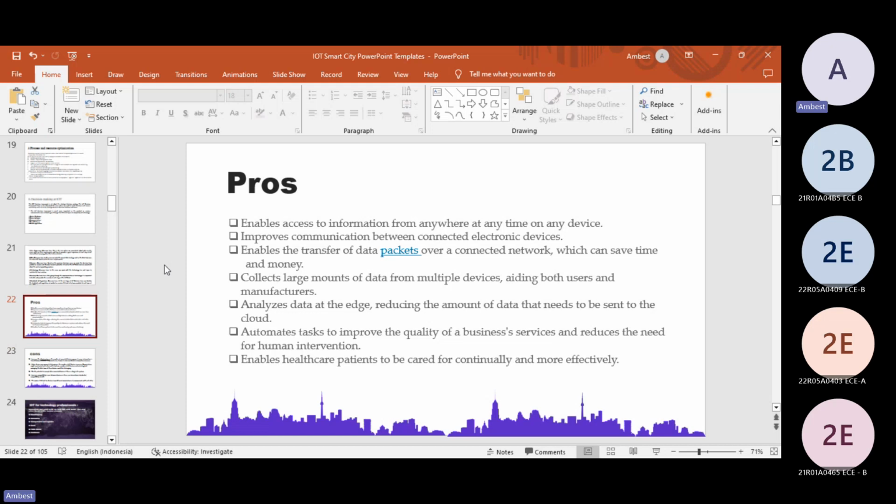It's going to reduce the amount of data which needs to be sent to the cloud, so it analyzes the data also. The major key points were that. And the next thing was